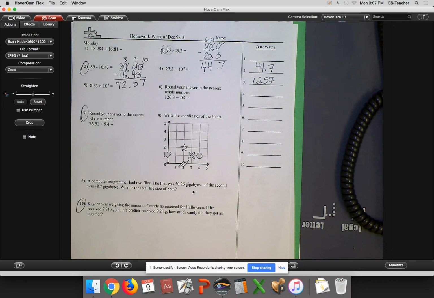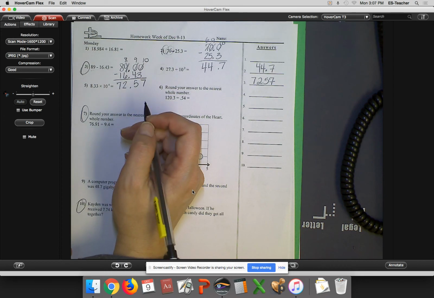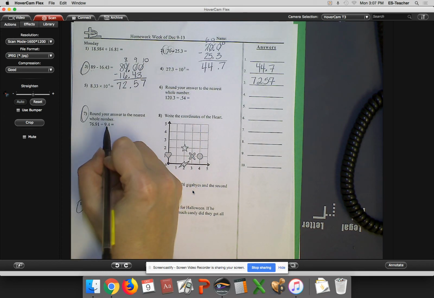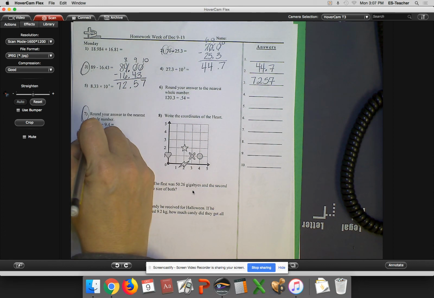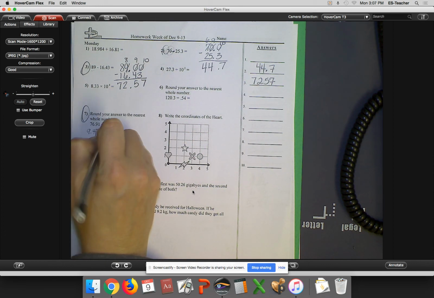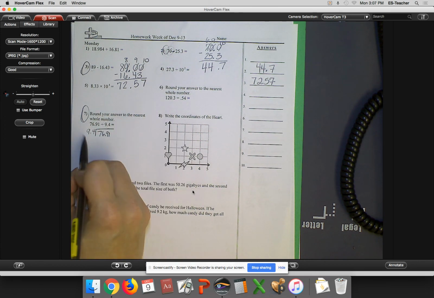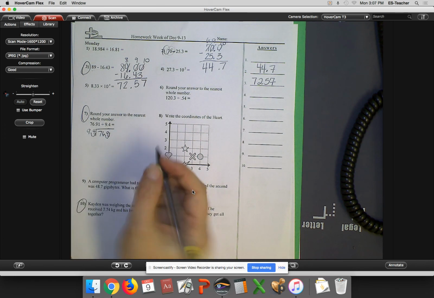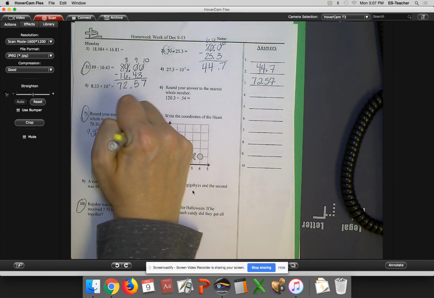All right, and then I'm going to do number 7. It says round your answer to the nearest whole number. Okay, so this is going to be my divisor, and this is my dividend, right? So I know that I cannot have a decimal in my divisor, so I've got to move that over 1 to make it a whole number. And when I do that, I got to move that one over 1. So now I actually have 94 into